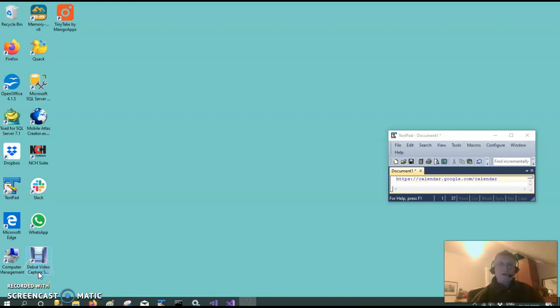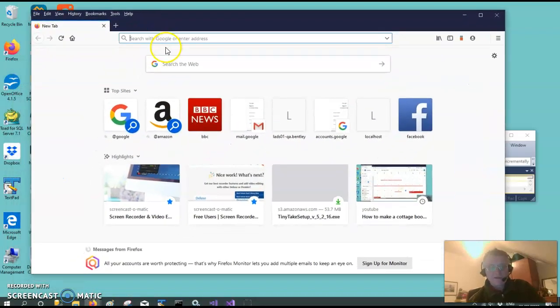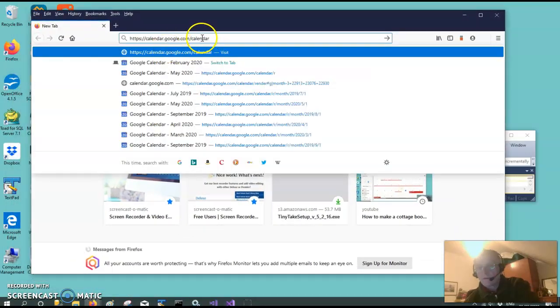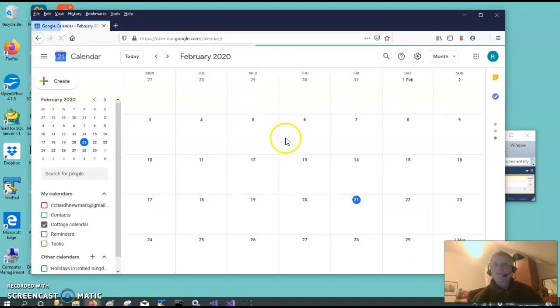If you want to make a booking in the Google Cottage calendar, you take this address which you see here, https://calendar.google.com/calendar. I'll just copy that, and I'm going to put that into my browser. I'm going to start Firefox up, and here's Firefox. I shall just paste that address there, press enter, and straight away it goes into my account,